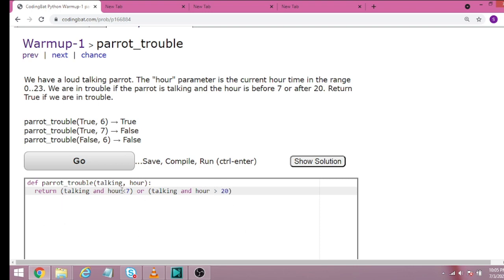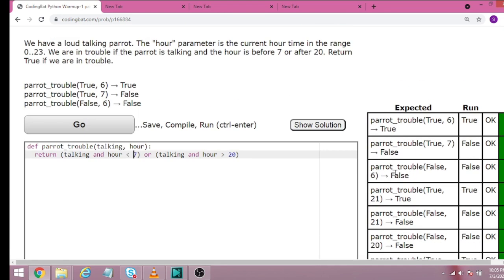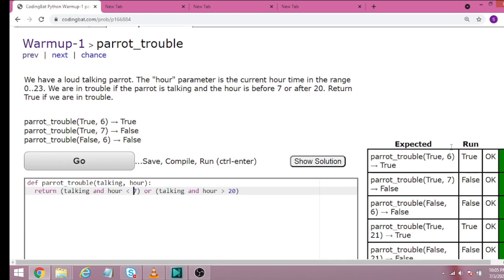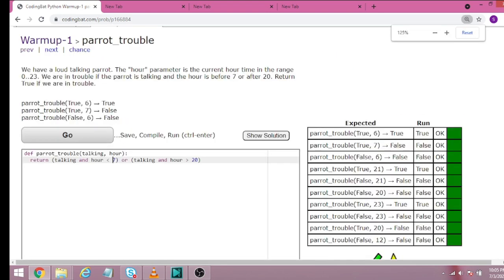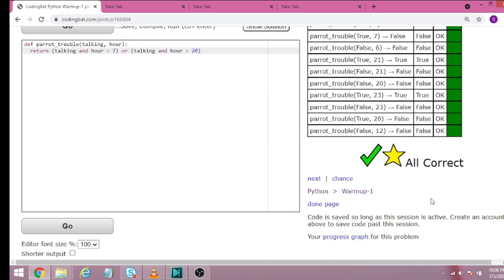Give a space as per Python syntax. We'll see it executing. It has passed. The results are all correct.